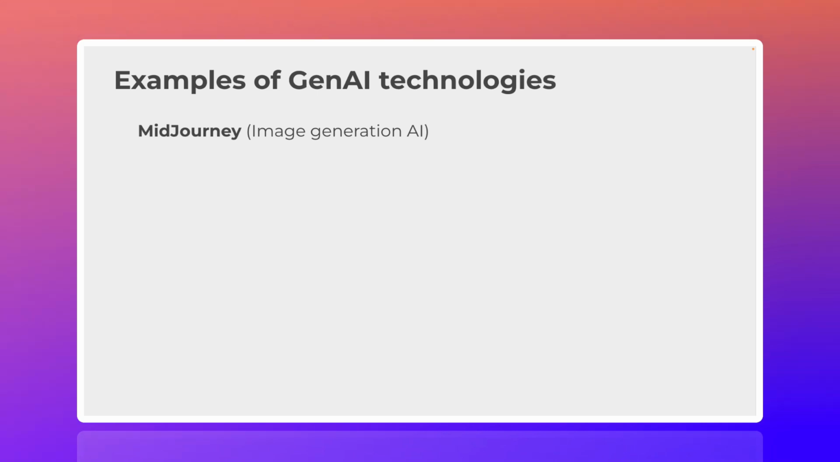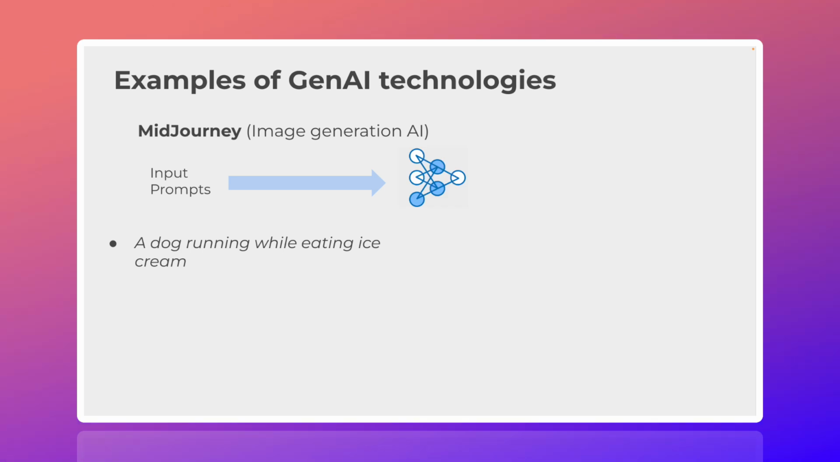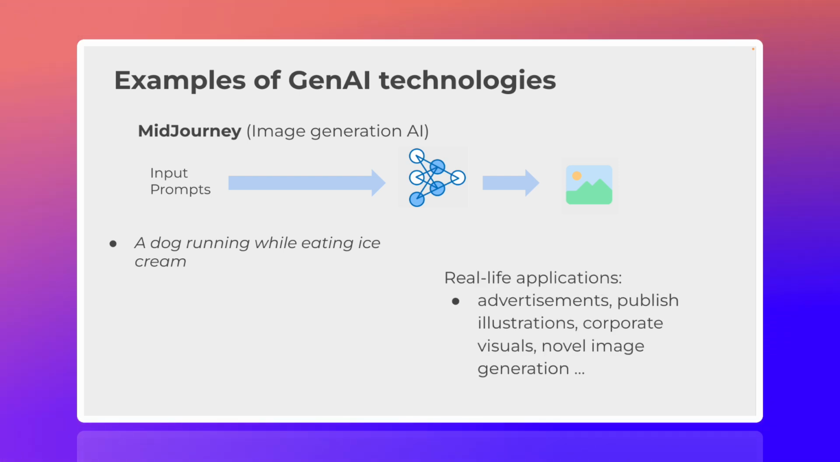One example is Midjourney. This is what we call image generation AI. The idea is still the same. You have the input. You can say a dog running while eating ice cream, and that is sent into the AI, and then it spits out an actual image of a dog running while eating ice cream. Some real-life applications for this case: we can use it in the advertising industry